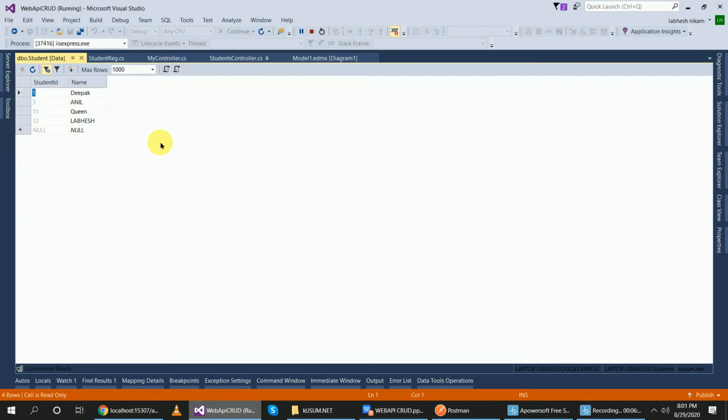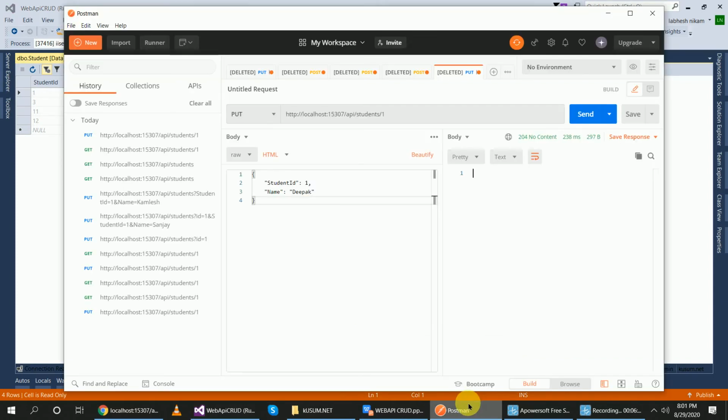Right. In the first row, the name is now updated. In the same way, if you pass the string parameter, student question mark id equal to 1, the first number id string parameter, please update it.